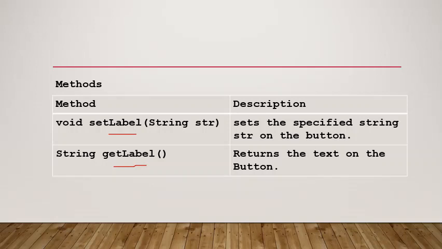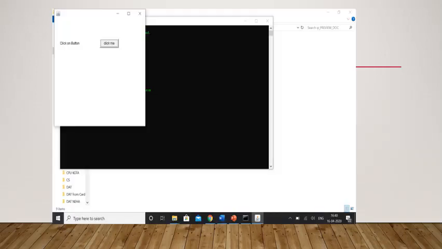Attach that with the get label. Okay. Now let us see one example on it. For example, we want this kind of output, that when you run the program, it should show you two components. One is the label. Yes, you guessed it right.